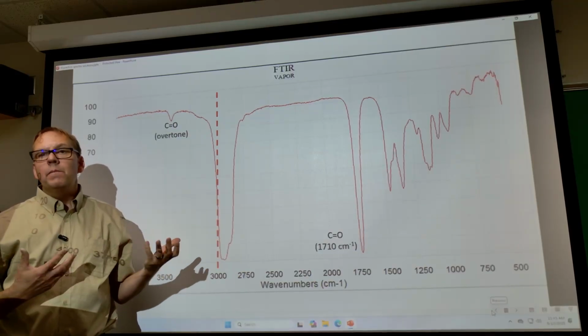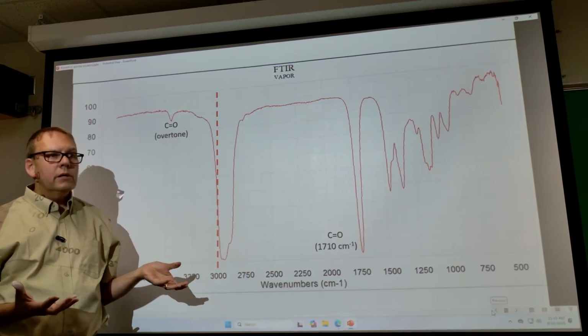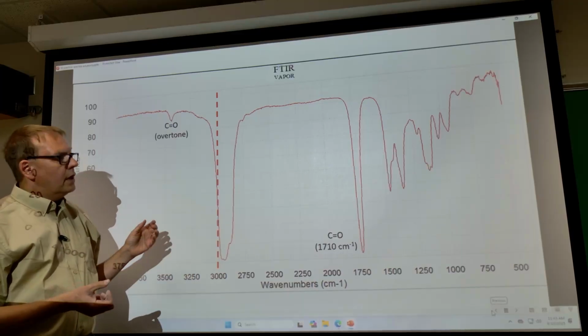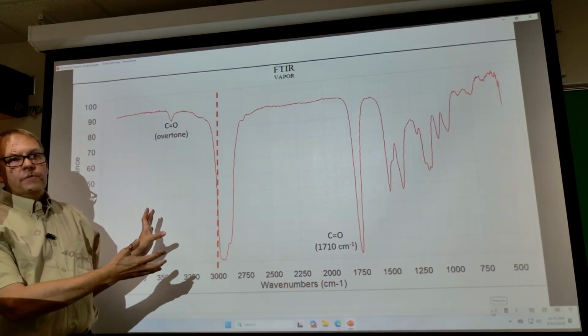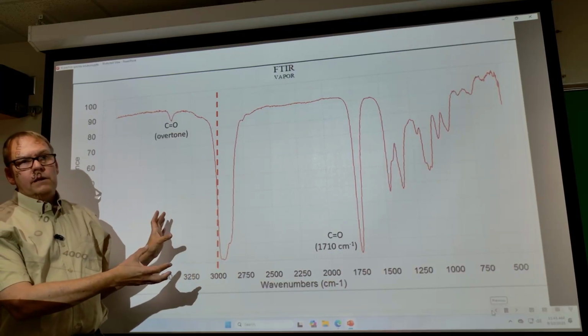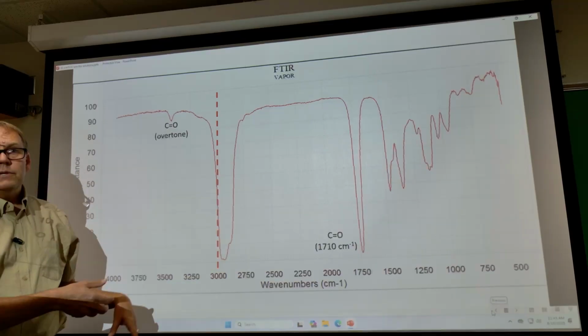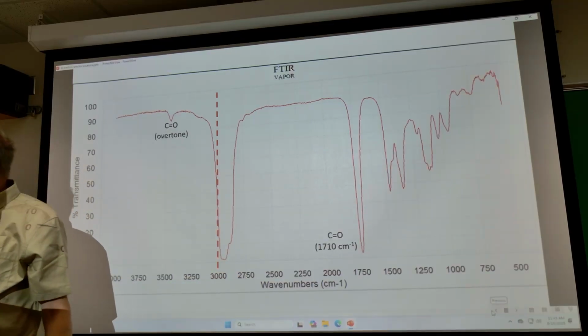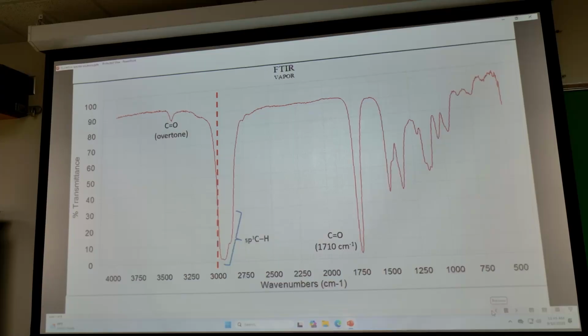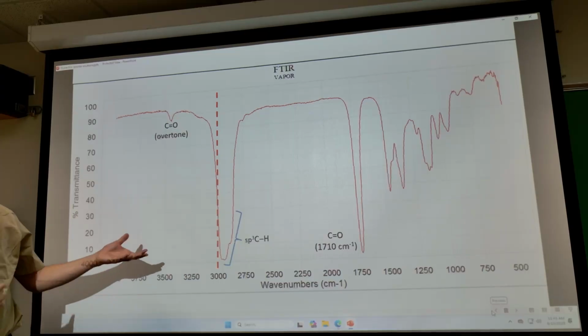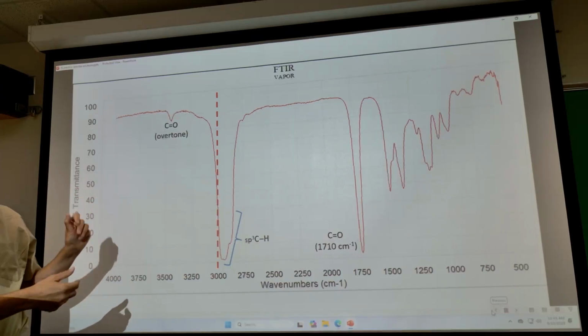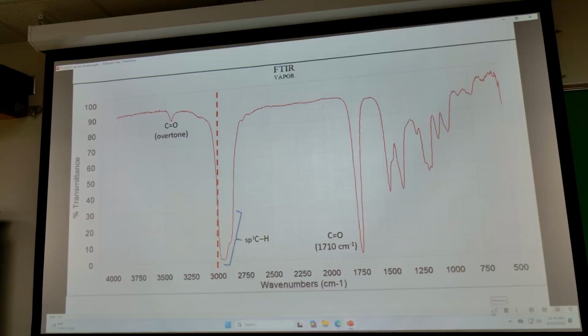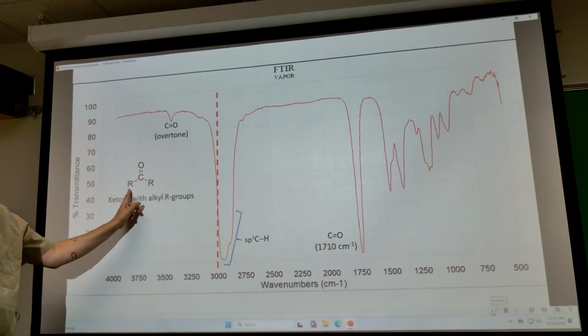So maybe there's no double bonds in this molecule. Maybe it's just alkyl groups. Those are the things you can learn from the spectrum, and that's about it. You can't figure out exactly what molecule this is based on this IR spectrum, but what you can do is narrow it down. When you consider all the things that I've identified for functional groups, this is probably a molecule that's a ketone that has alkyl groups, R groups on either